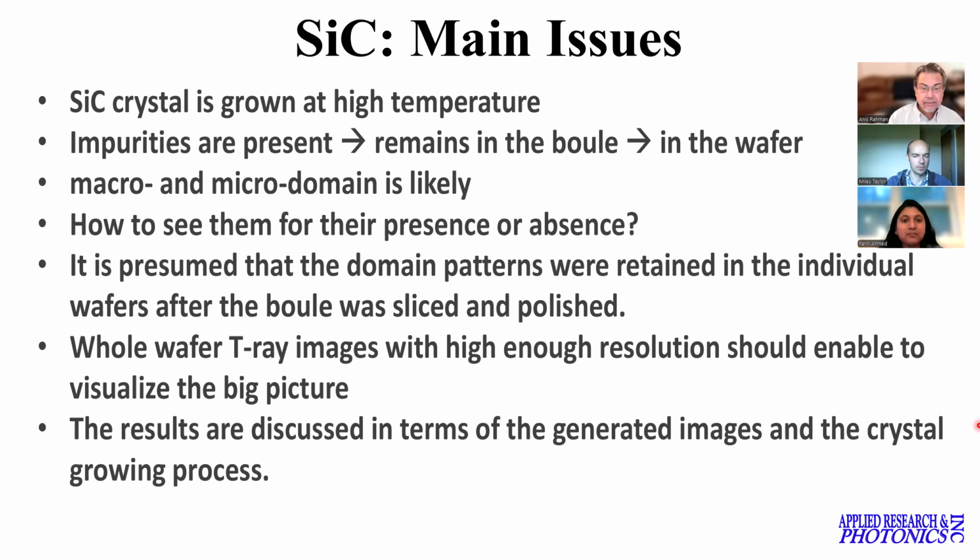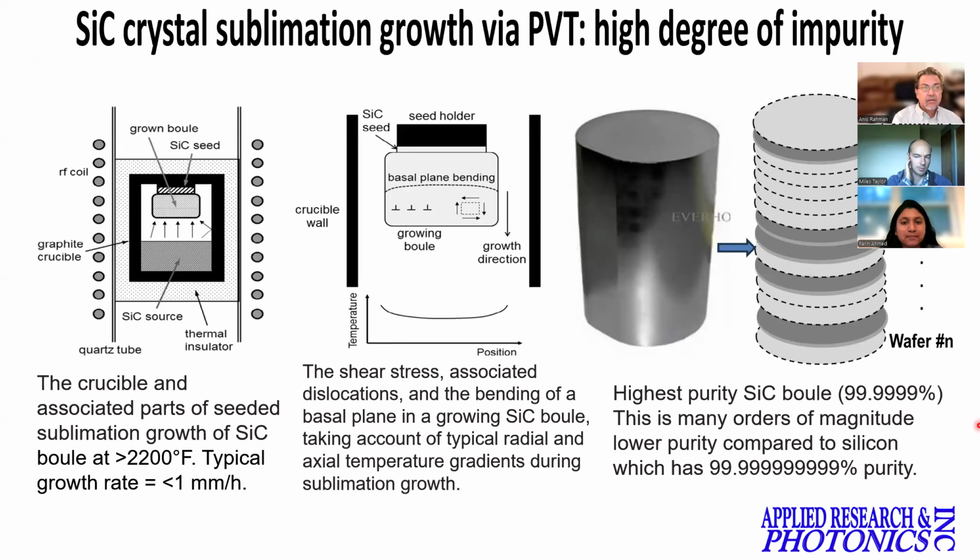So the way silicon carbide is made is called physical vapor transport. It's also called seeded sublimation deposition. So all different kinds of names are there, but it is more commonly known as physical vapor transport, or